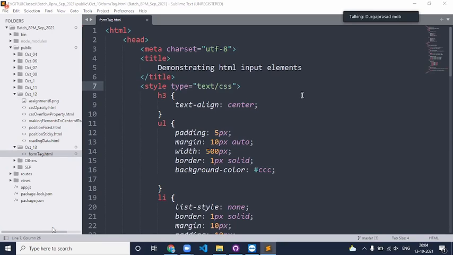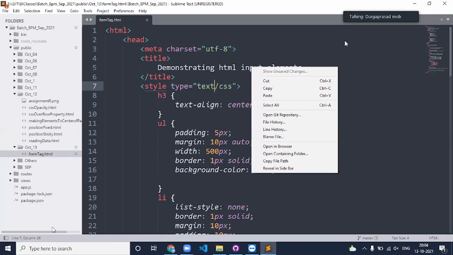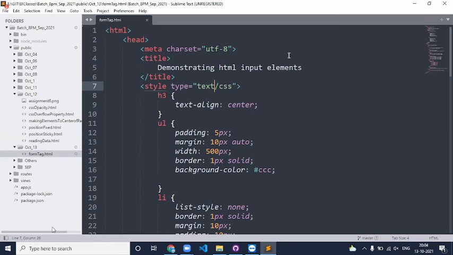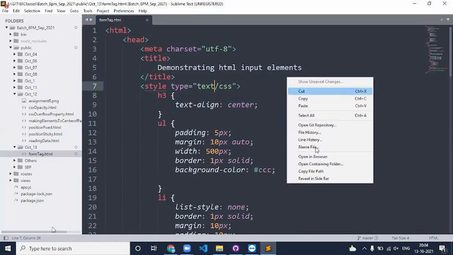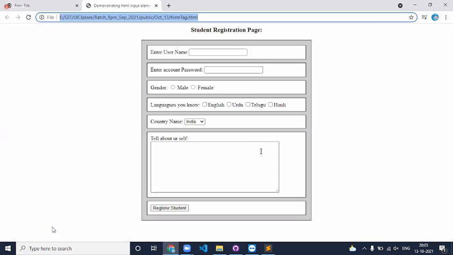Okay, so this is what we created in the last class, a simple registration page where you can provide the name, password, radio buttons, text boxes, drop downs, text areas, and buttons. As I said, there are some other input elements like calendars, color picker, file picker, range bar, phone number, email. There are a lot of other input elements, but those come from HTML5. When we talk about HTML5, we'll talk about the new input elements.